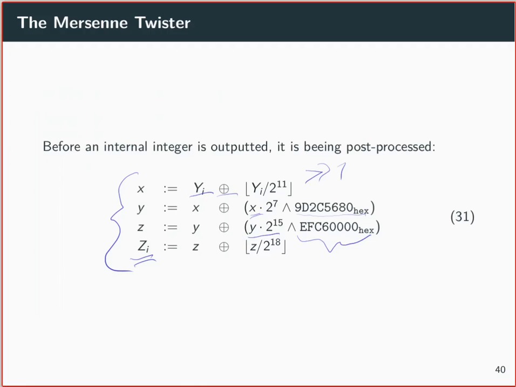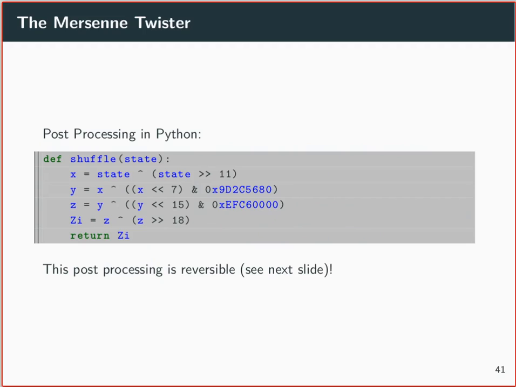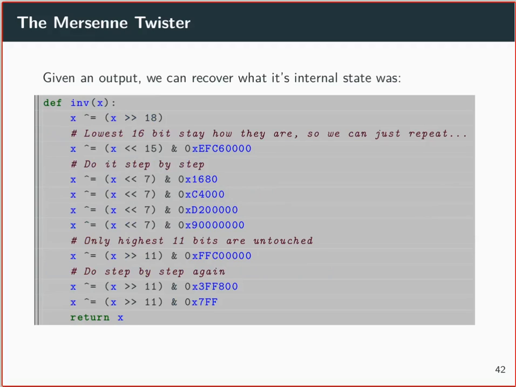So if we get our hands on an output, this is the post-processing in Python, sorry, just as we have seen it now. And this is reversible. So if we get our hands on an output, we can revert this step and then just calculate the internal state